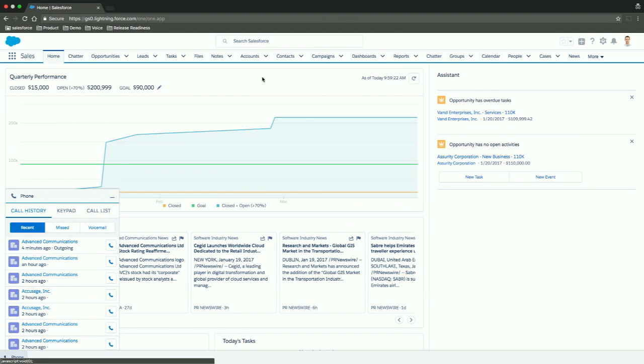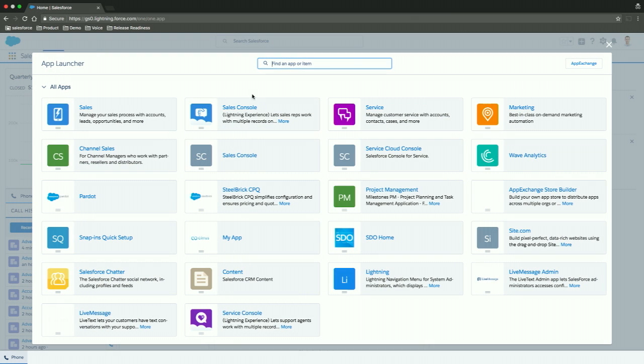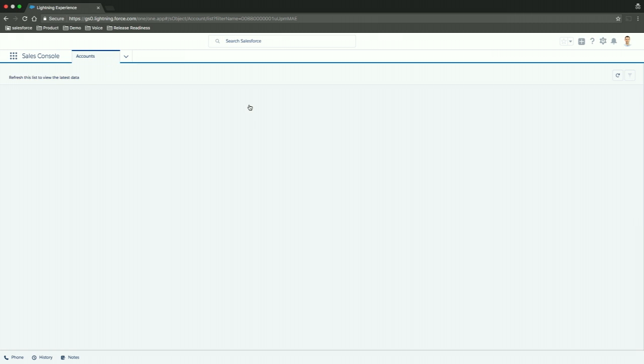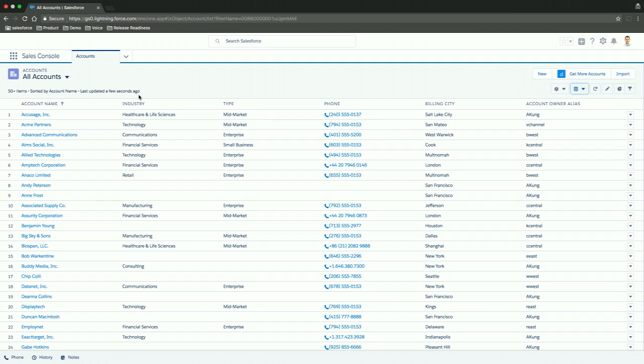Okay, so here I am on the Lightning Experience. And as I mentioned earlier, starting in the spring release, you're going to get a new app in the app launcher called Sales Console. So let's switch to Sales Console. With Sales Console, that means you can open up multiple records at the same time, all within the same browser